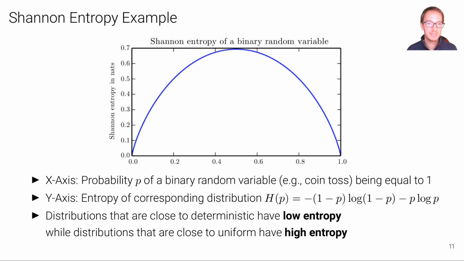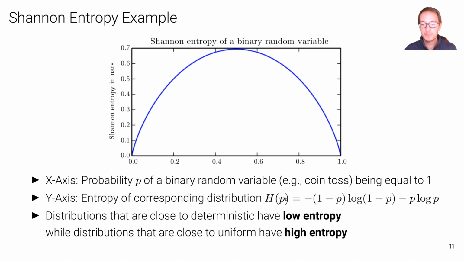Let's look at some examples. The simplest example is to look at the Shannon entropy of a binary random variable. Think of a coin that is either fair or unfair. So what we have here in this figure is on the bottom we have the probability p of a binary random variable, like a coin, being equal to 1. So for a fair coin we would have 0.5, but for an unfair coin we would have maybe 1 or 0. And on the y-axis we have the entropy of the corresponding